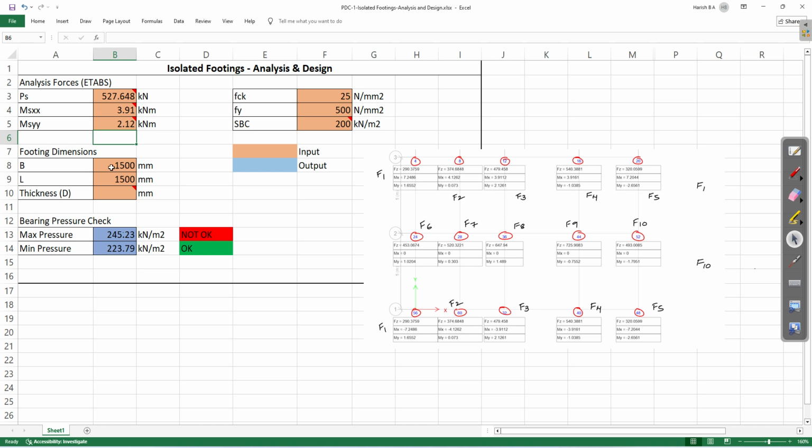See here, 1500 by 1500, it won't work. So next size 1600 by 1600, it won't work. 1700 by 1700, yes. So for the F3 group,